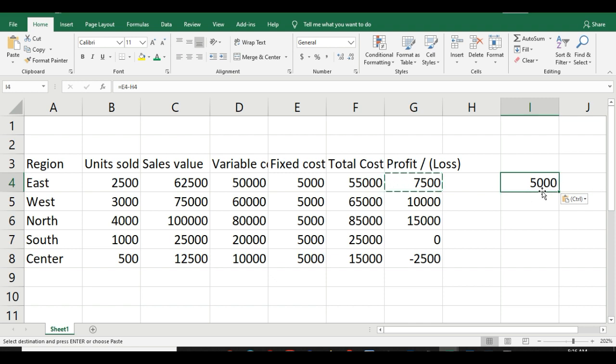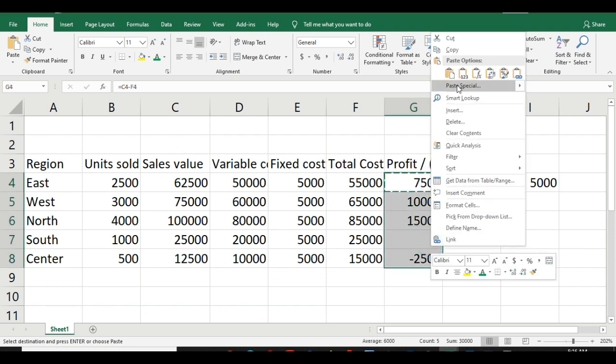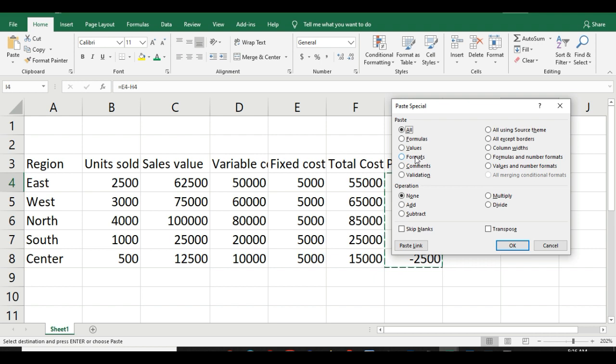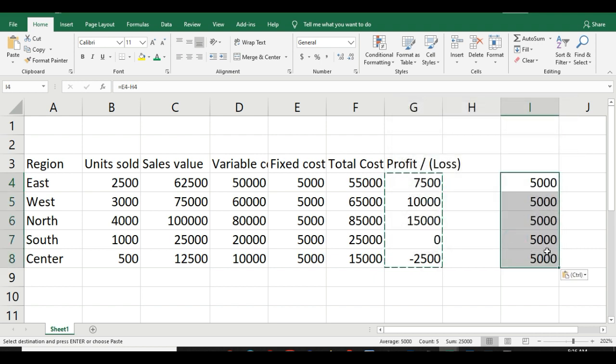So I copy paste both. Now I want to do the same for this. I go to copy and then I press Paste Special and Formulas. See, 5000 is coming. Why is 5000 coming? The fourth value is 5000, and the next column is H. H is 0, so all the values are coming here. So you can play with formulas also.